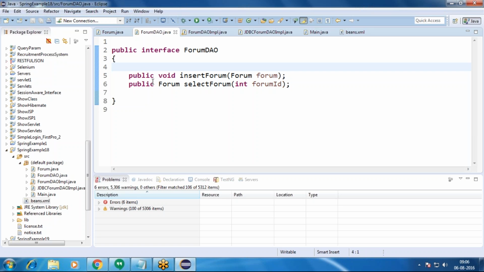The methods we created here are insertForum and selectForum. These methods are created but not implemented.